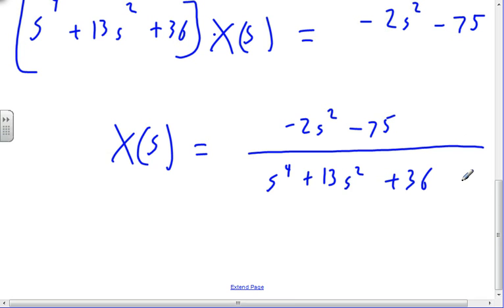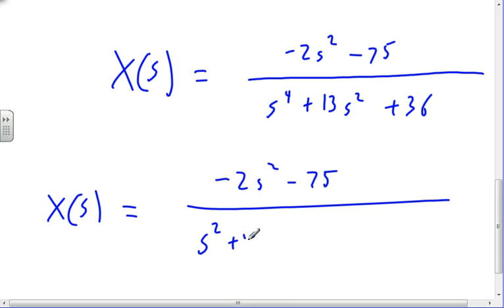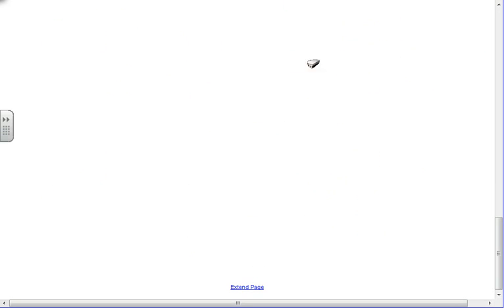Okay, now assuming that we haven't made a mistake yet, we can proceed. Let's see, is that guy going to factor? 9 and 4, right? So X of s is minus 2s squared minus 75 over s squared plus 4, s squared plus 9. How convenient that we remember our 9th grade algebra. All right, now we're going to have to do a partial fraction